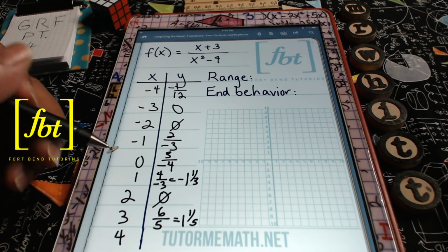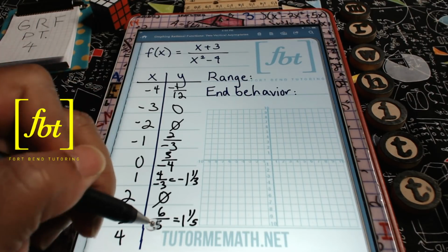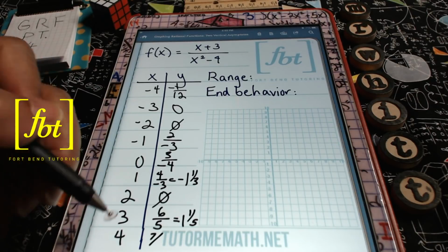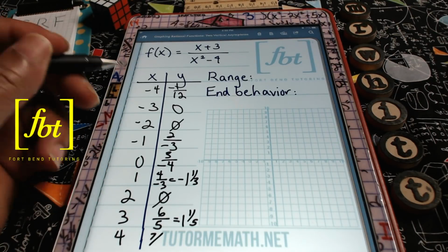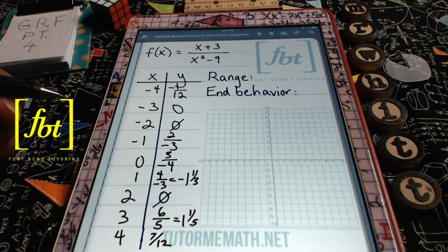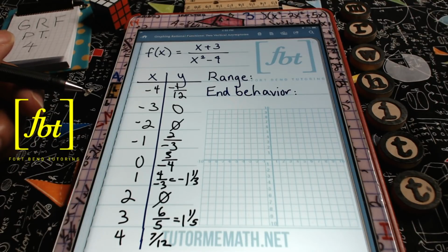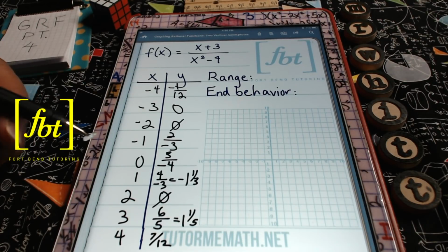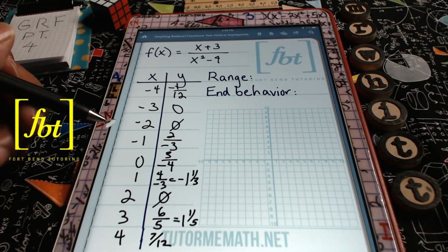It just makes it easier for me. Plugging in 4, 4 plus 3 is 7 in the numerator. In the denominator, you'll have 16 minus 4, which is going to give you 12. So that's 7/12, so a little over half. All right. Well, with these points already fleshed out in our XY chart, let's start by graphing our intercepts as